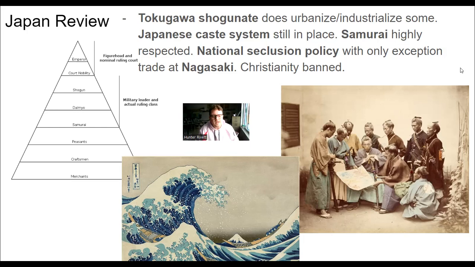He's at the top. The shogun is like the head samurai or the head of the landowning samurai class called the daimyo. And then the samurai are like the knights, right? They protect the land holdings of the daimyo in this feudal society. And then under them are the peasants, craftsmen. And at the bottom,